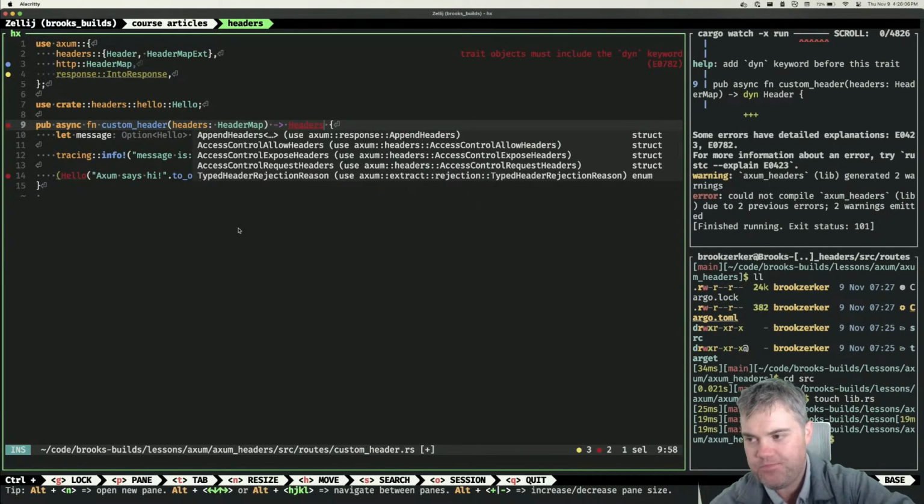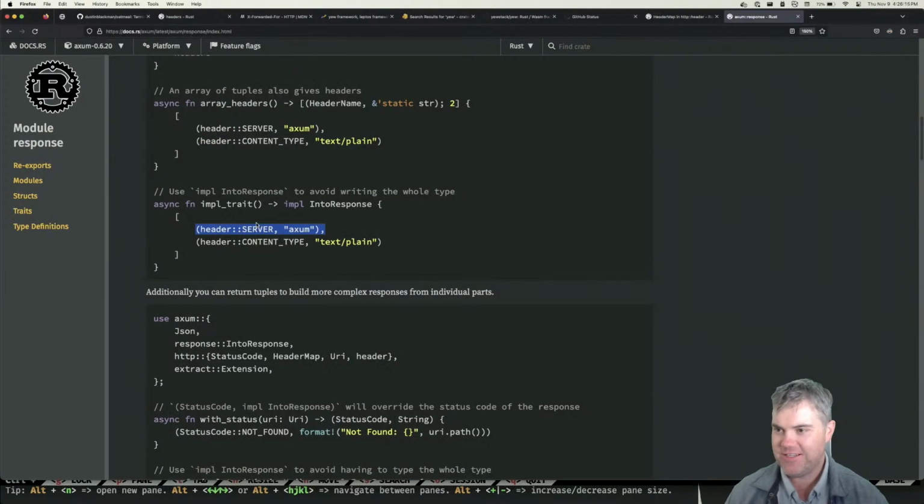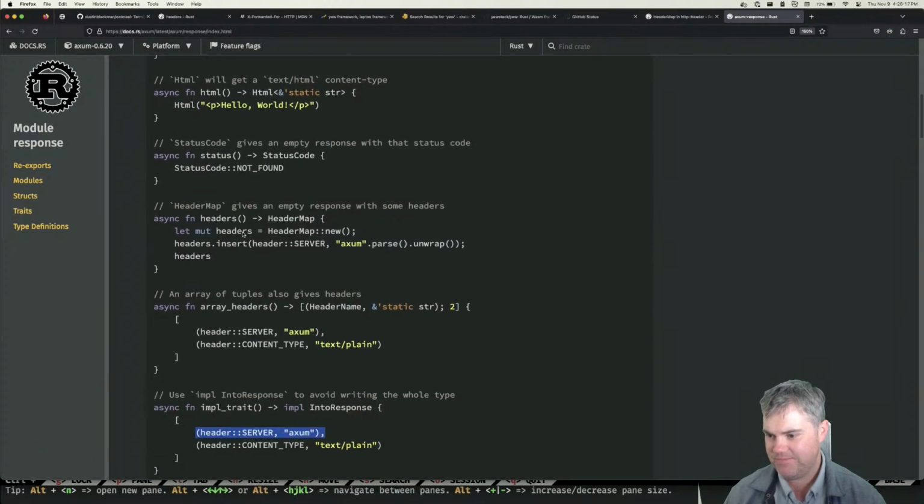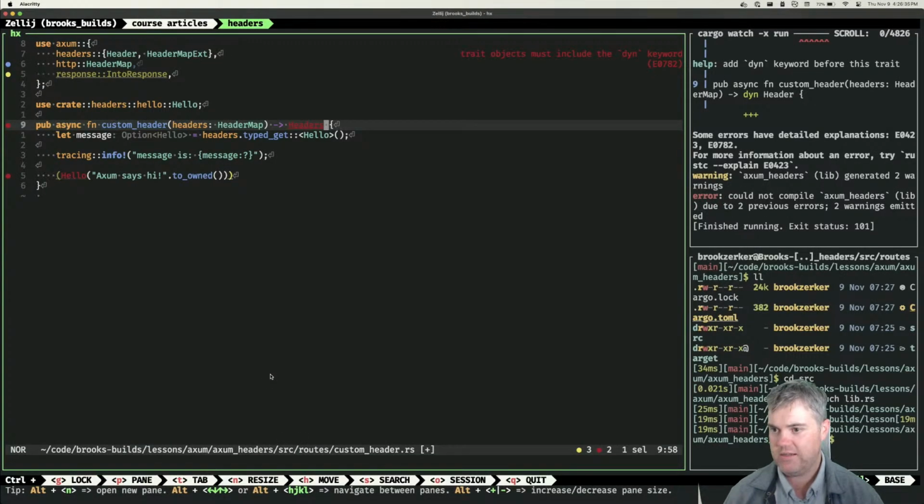Okay, so I forget how to return the headers. All right, so we need a. I guess we can return headers like this. An array of tuples also gives headers. Oh, that's what it is. Okay, I could do an array of tuples. Okay, so